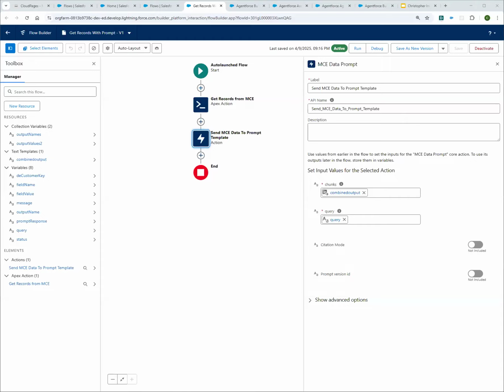If your data from MCE is being passed to other channels like Data Cloud, if you've set up something where you're pushing data between CRM and Salesforce already, you could pull that information from CRM and add context here. In this flow, it doesn't have to be just Apex class into MCE. We could also bring in data from a record. Anything you could do with flows, we could bring that information in and pass that in as additional context. And the same thing in the prompt template, you have the ability to pull in any information from CRM.